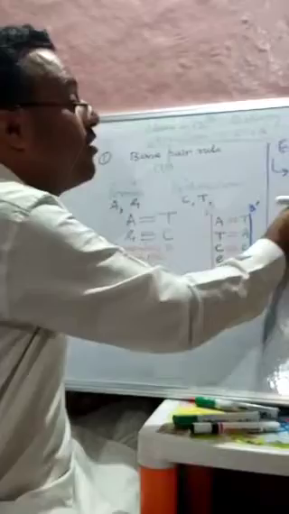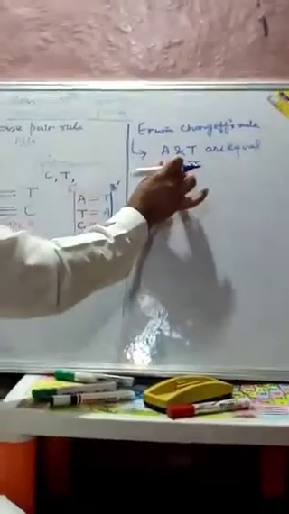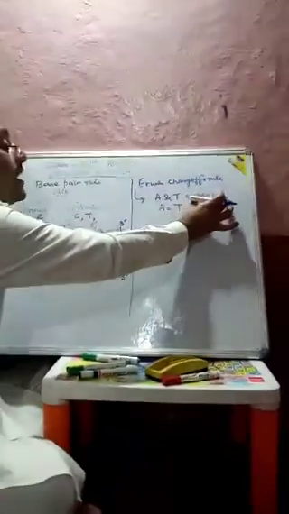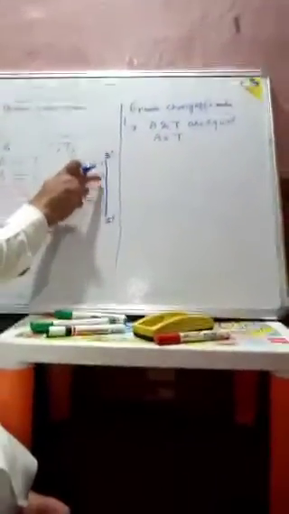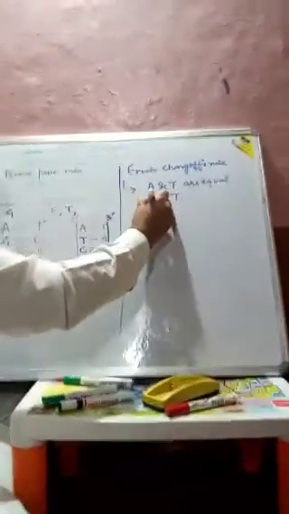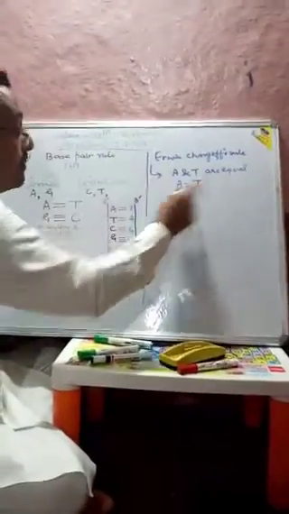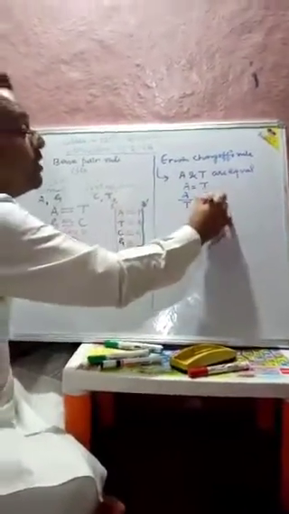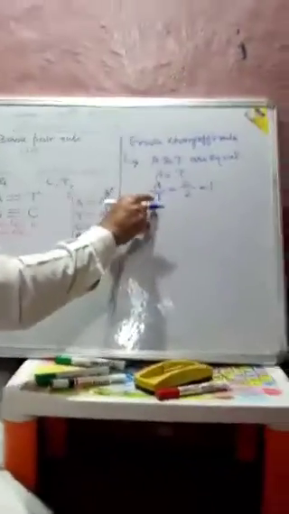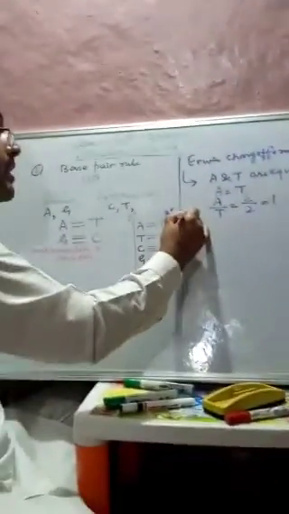What did Chargaff say? That the number of adenine and thymine are equal. If we see here, there are adenine 1 and 1, so there are 2. Here thymine is 2. So we can say A by T is equal to 1, because if we take this example, adenine is 1 and 1, that makes 2, divided by thymine, which is 2, so their ratio is equal to 1, so A by T is equal to 1.